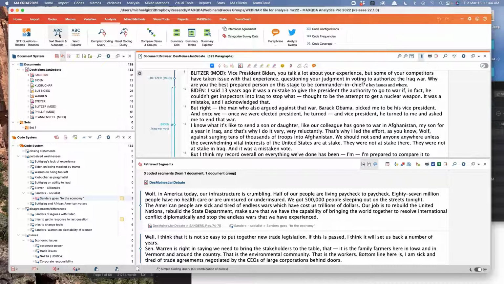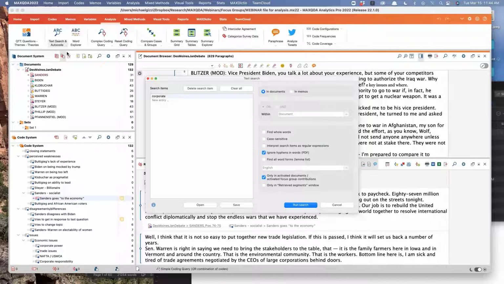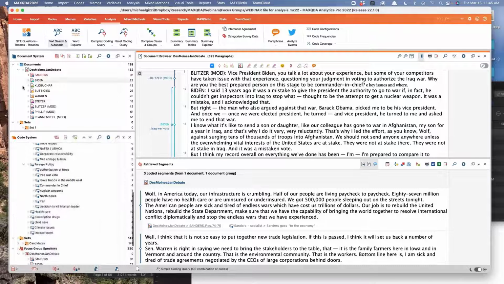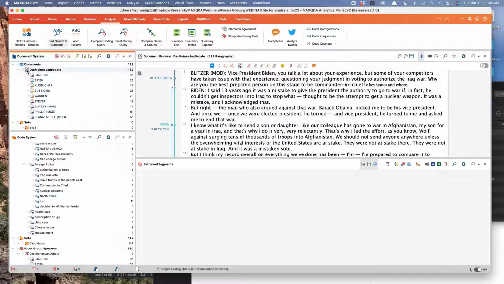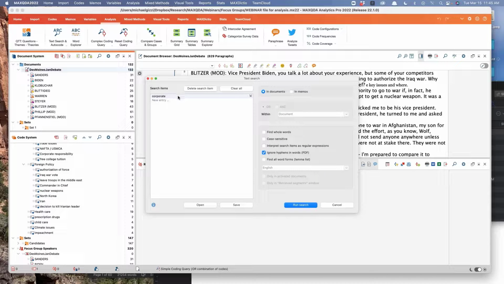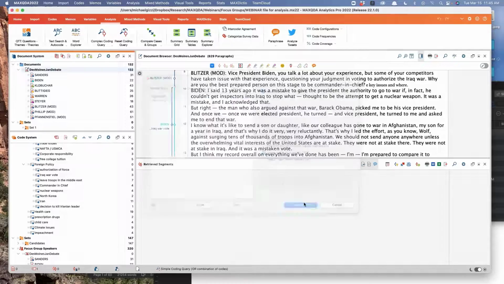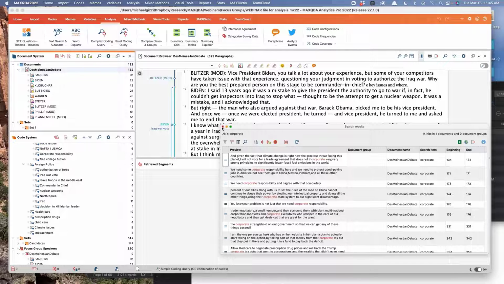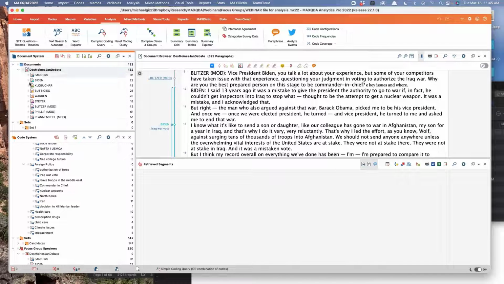I want to show you another tool. Meant to show it earlier. Text search and autocode. Now, I'm going to do this here. Actually, hang on a second. I'm going to do it again. I'm going to deactivate all my speakers. Okay. If I do a text search and autocode here, I'll see what's there. But if I do this and I activate speakers, okay,